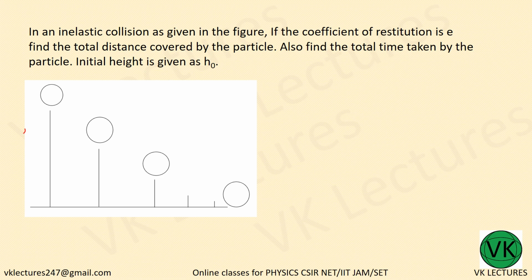So this is given as h naught. Now this is falling from a height, that is, initially it was at velocity 0 and it is coming down and it is falling here. So it has covered h naught distance. From this, as I said, you can write the velocity when it reaches the ground will be equal to under root 2gh. This is nothing but from v square minus u square equal to 2g